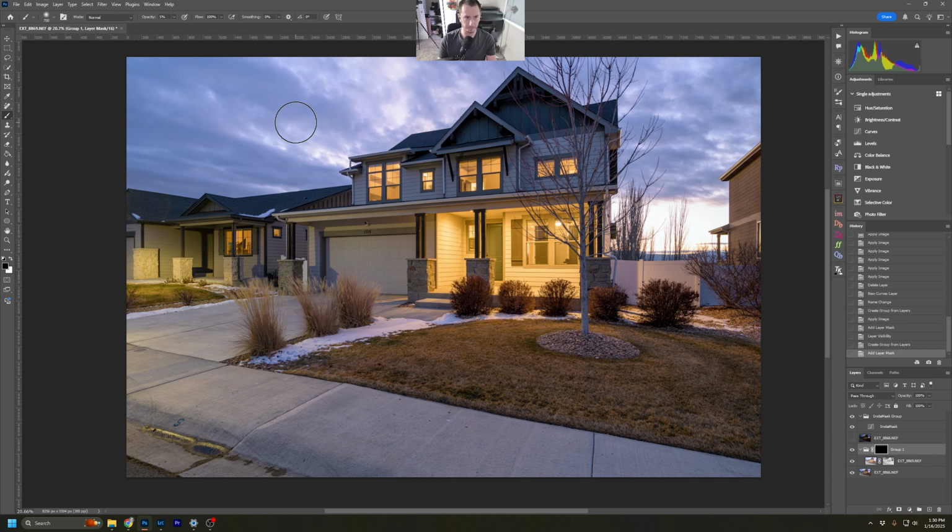I usually like to set my opacity anywhere from 15 to 5% with 100% flow. This is what works for me. You can play with it and see what works best for you. Let's start with 10. Make sure we have a white, so we are revealing that mask, and we are just